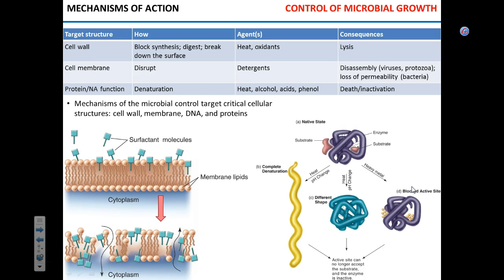You can destroy cell wall, and then bacterial cells, especially cells with the wall, they will lyse, most likely. Okay? You can target the membrane, and you can target whatever is inside. Well, there are plenty of things inside, obviously. And those things inside,